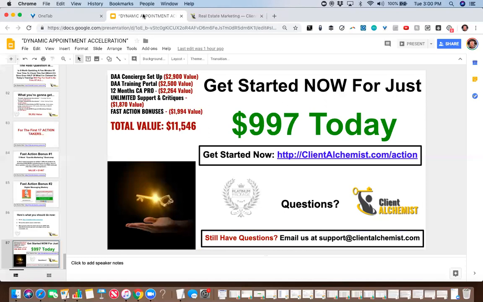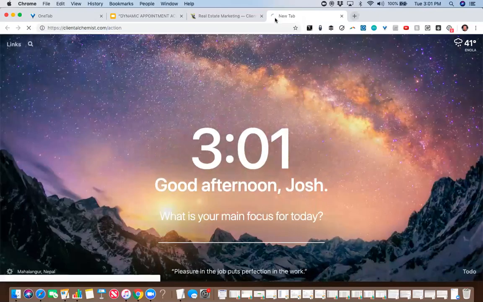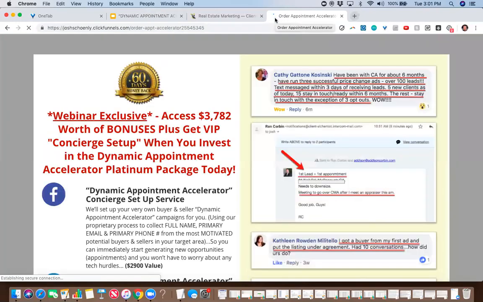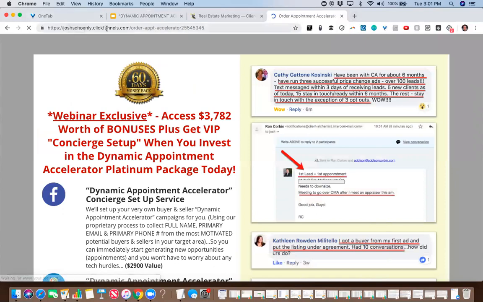Someone says, yeah, I'm ready to get started. Okay, good. Just go to clientalchemist.com/action. I'll actually pull it up here. It is a safe and secure order form. We use a redirect link because it's a very long URL.